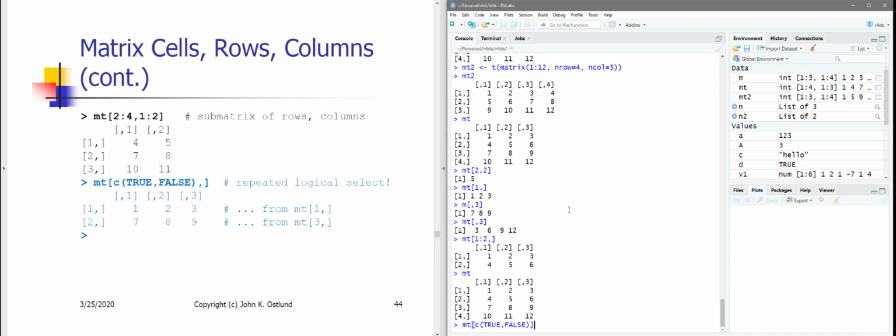Now, oops, I'm missing my comma. So MT is my matrix. It has 4 rows and 3 columns, and I have specified a logical vector of 2 values for my rows. Now, it turns out that when there are more rows available in the object that you're accessing than you have logical values in your vector that's making selections,